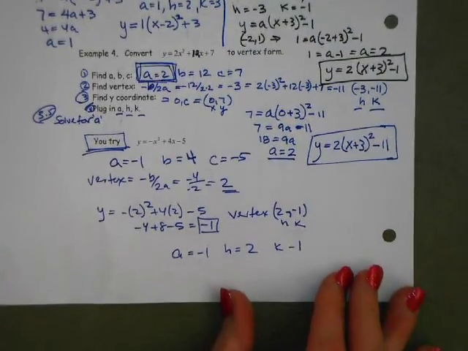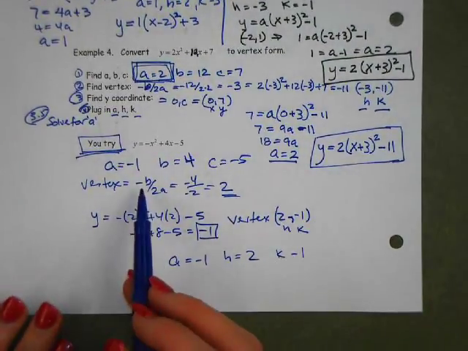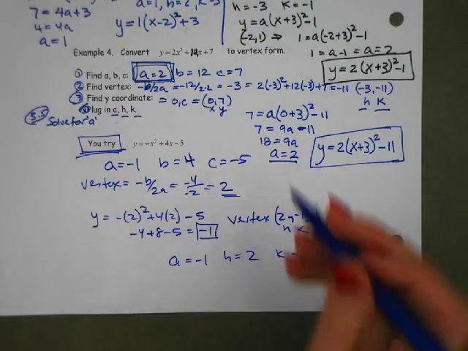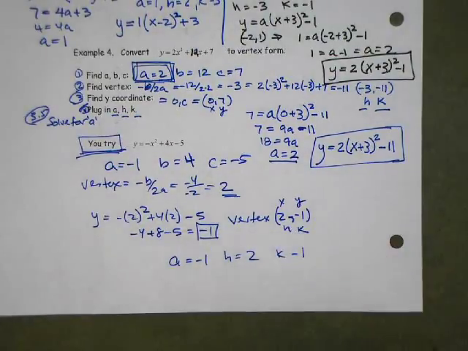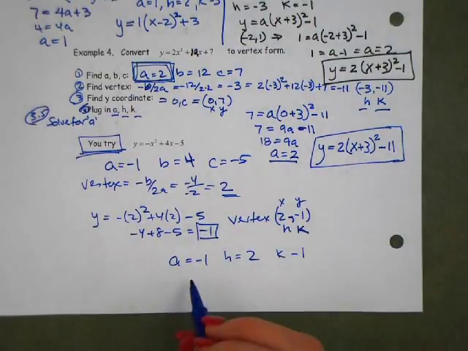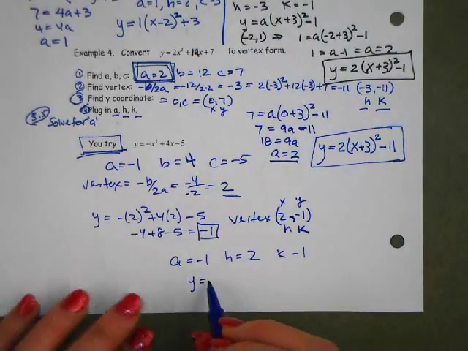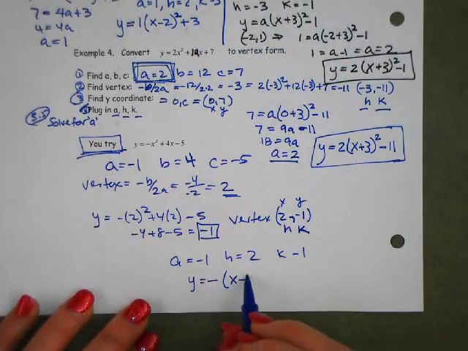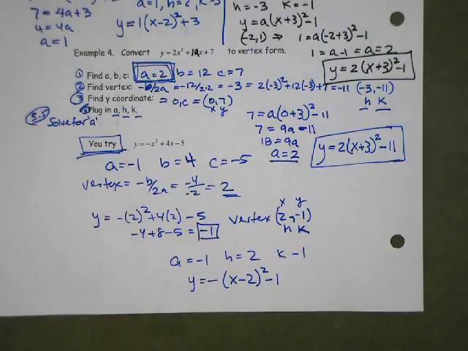How's the h 2? I know that the x is 2. Well, your x and y become your h and k. So then you would have y equals negative (x minus 2) squared minus 1. I thought that h and k were